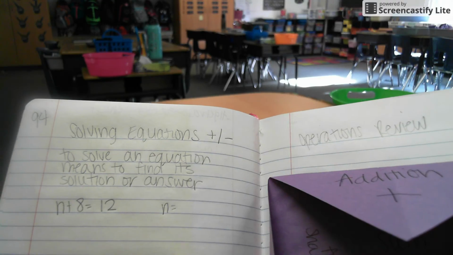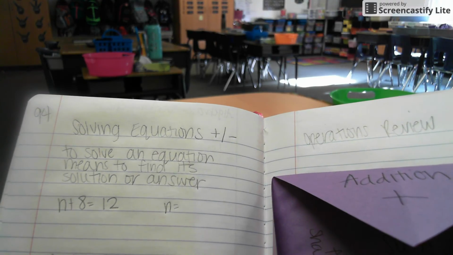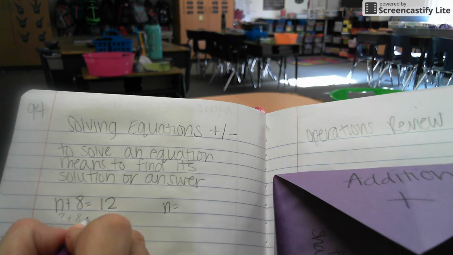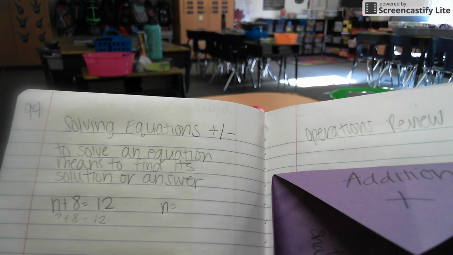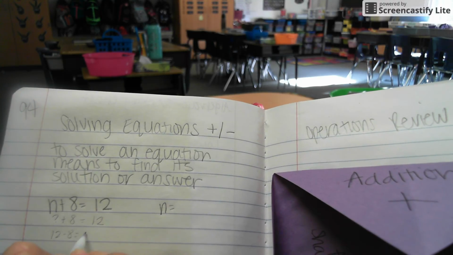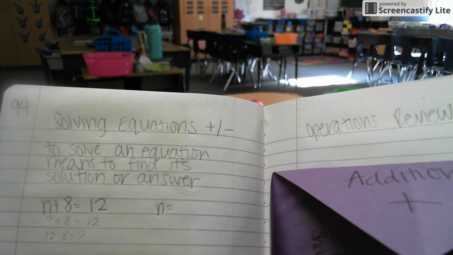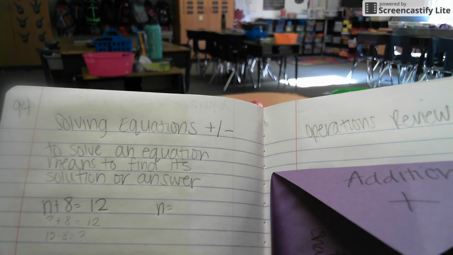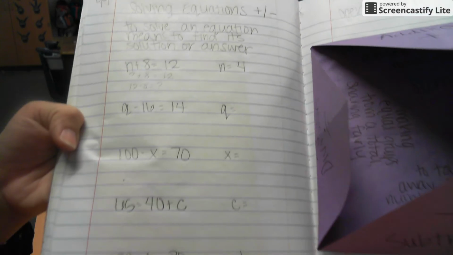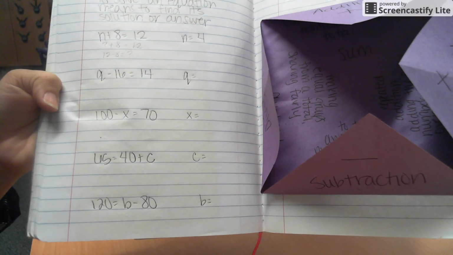All right, so let's go back to the example we did a second ago with m plus 8 equals 12. Remember, we said what plus 8 equals 12. Or we said we could do the opposite of 12 minus 8 equals that what or that n. So what did we say n equaled? 4. Good. I want you to copy these 4 down, and then you're going to solve them on your own